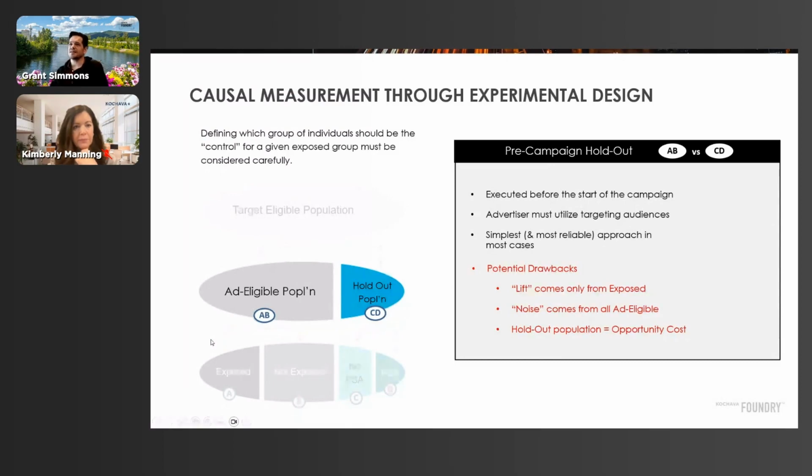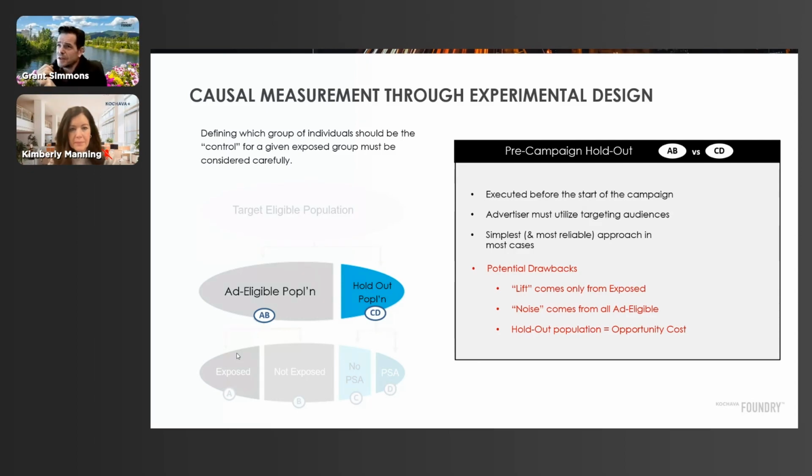The other issue is, given the dynamics of bid algorithms and how competitive the ecosystem is, it's reasonable that the group who you tried to reach with media and couldn't actually converts at a higher rate than those who you could. And so that can become a real confounding measurement when you have an unexposed group that is converting higher than your media treatment group, right? And so typically, this tends to be a noisy measurement,